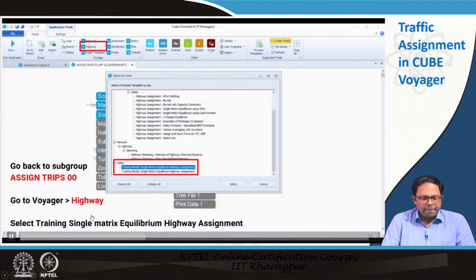Next, we start the training model on single matrix equilibrium highway assignment. So, we are doing this kind of assignment.